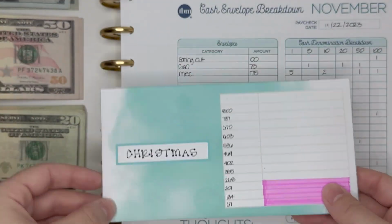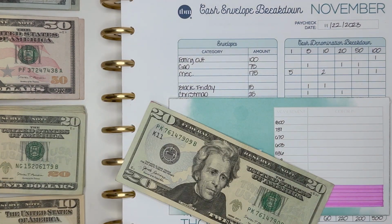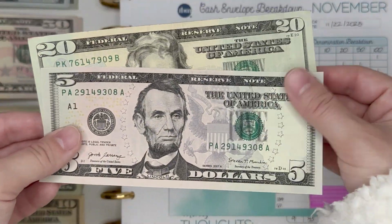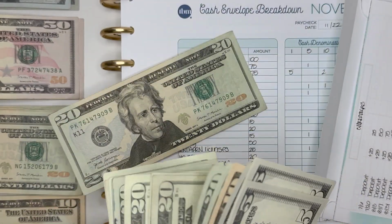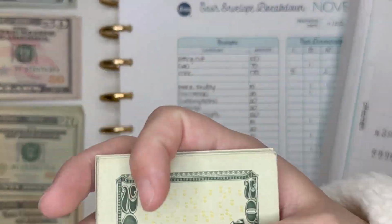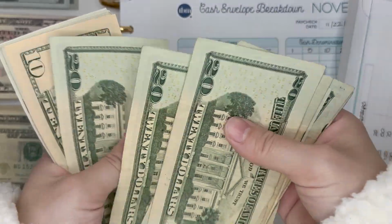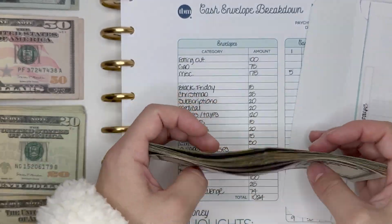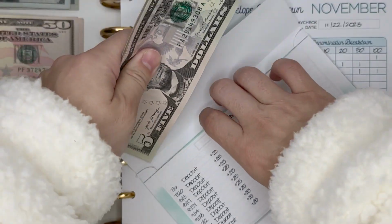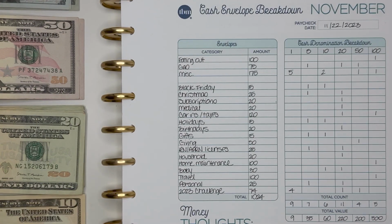Next, we have my Christmas envelope, and this is going to be getting $25 in a $20 bill and a $5 bill. And with this deposit, we should have $275 in this envelope. So 20, 40, 60, 80, 100, 120, 140, 160, 180, 200, 220, 240, 250, 255, 260, 265, 270, 275. I did also spend from my Christmas envelope over the Black Friday situation, but definitely still have extra in there,